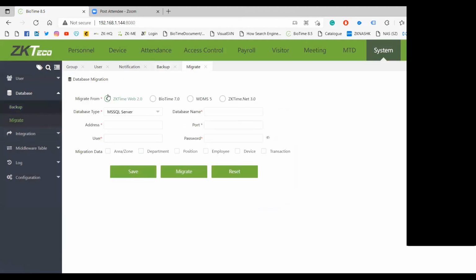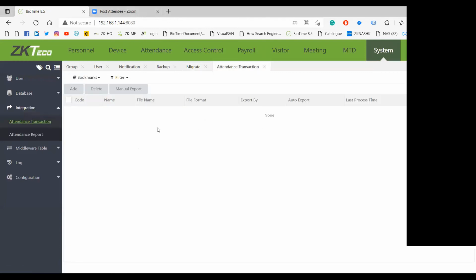Then we have the migrate option. As I said, the software supports ZKTime 2.0, BioTime 7.0, WDMS, and ZKTime .NET 3.0. So you will have to choose a database type, whichever is applicable from this list, and give the settings of the database.